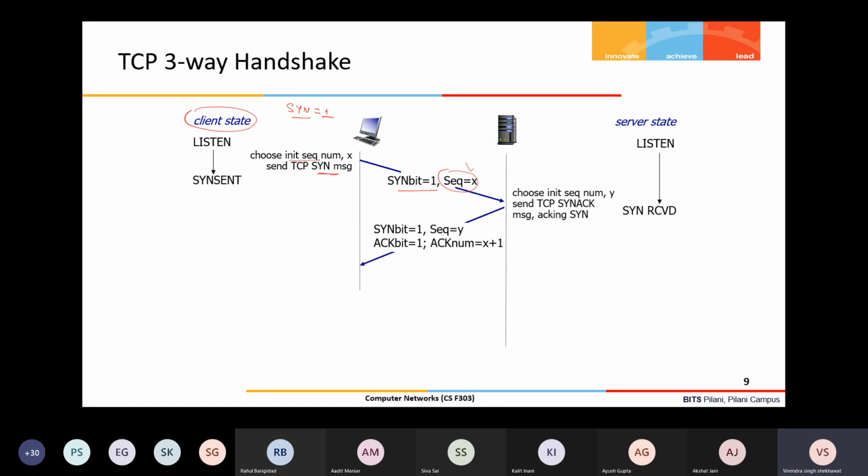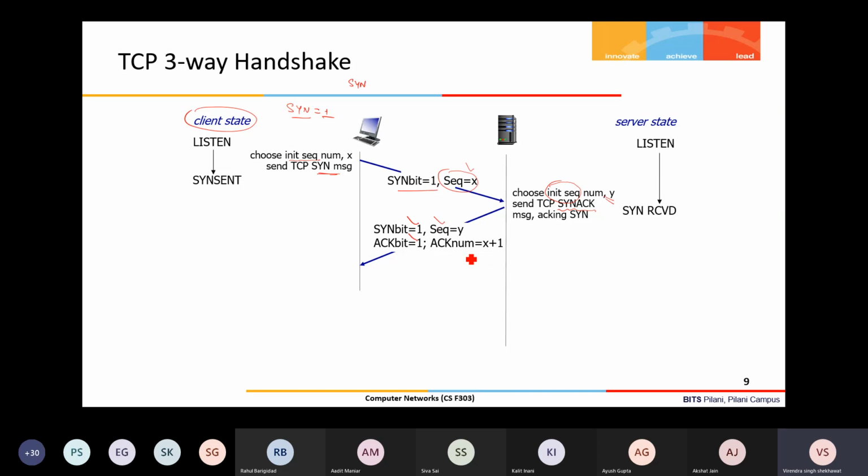Once the server receives this, the server chooses its initial sequence number, let us say Y, and sends the TCP SYN-ACK. In this SYN-ACK, the SYN flag and the ACK flag are both set to 1, indicating that this is an acknowledgement to the SYN packet.